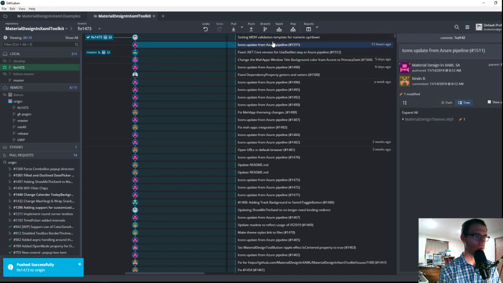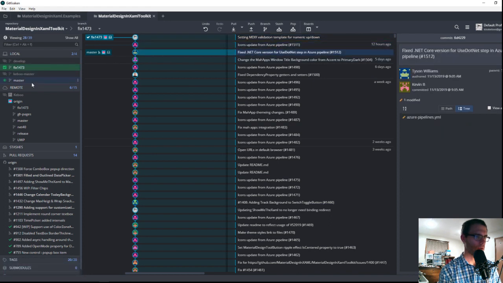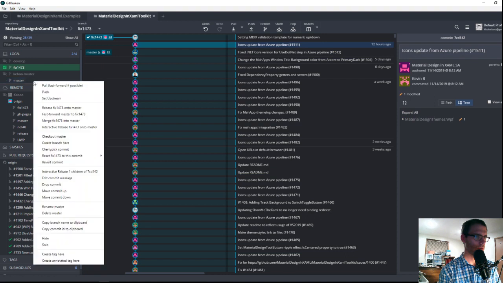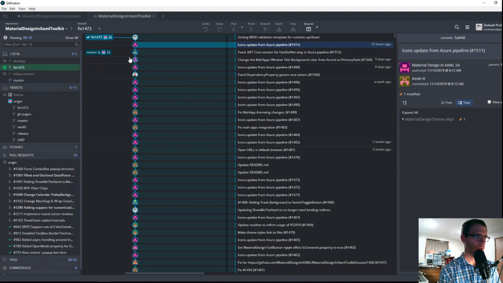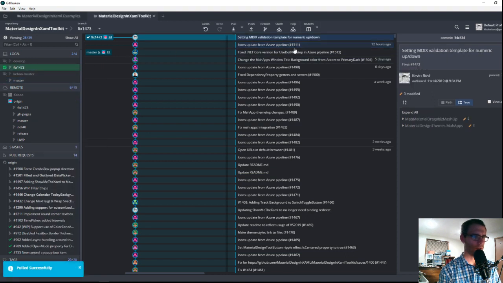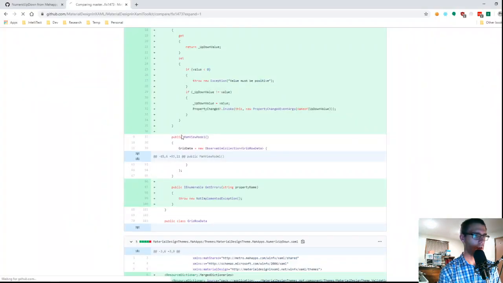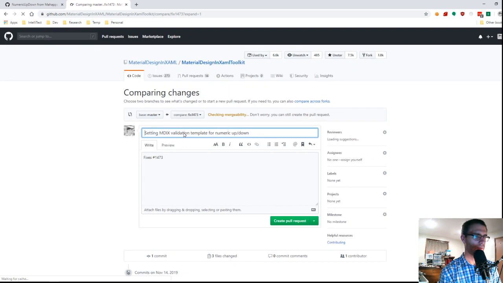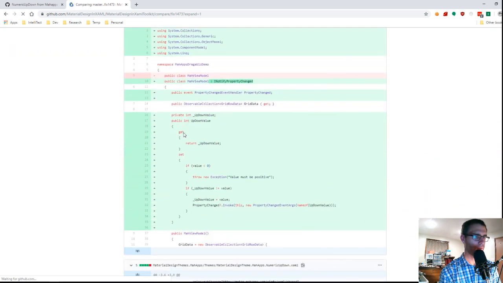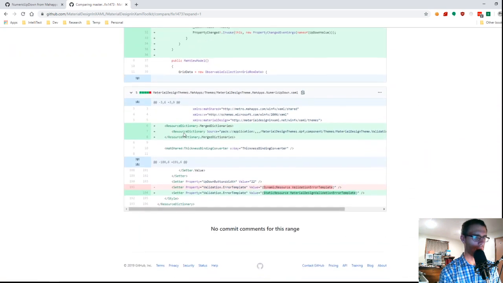Why is... pull? I'm a little curious why this is in... There we go. I was curious why my master was showing down here when it should have been up here. Anyway, okay, so that's fixed. We come back over here. We hit refresh on our pull request. Boom, boom, boom. Scroll back down. That looks correct.